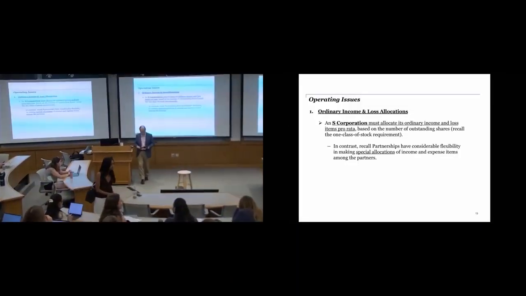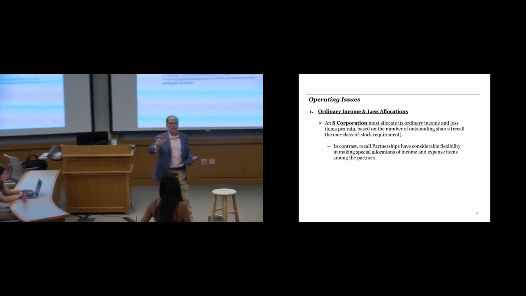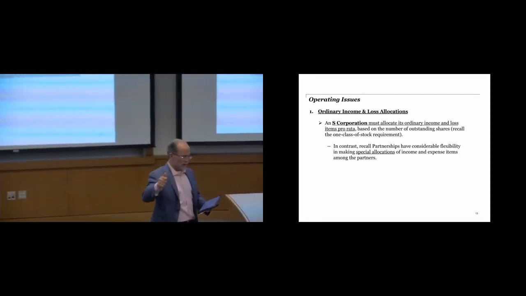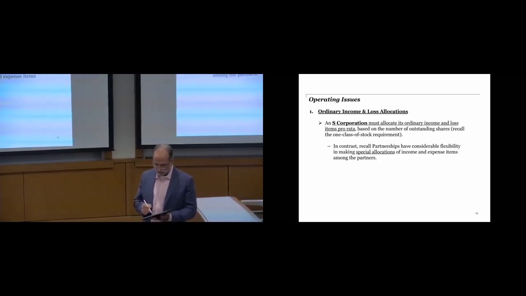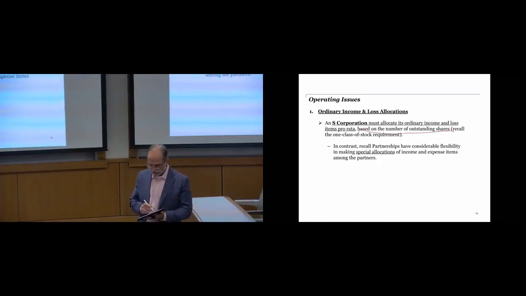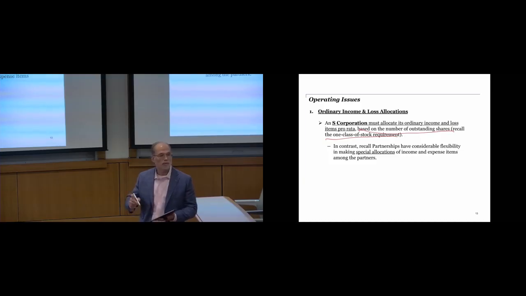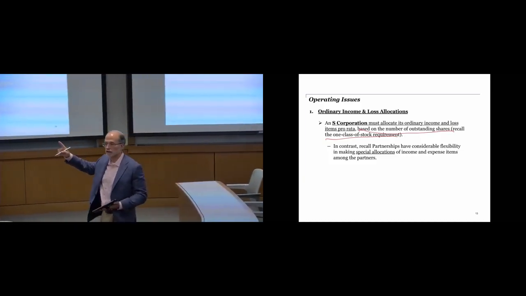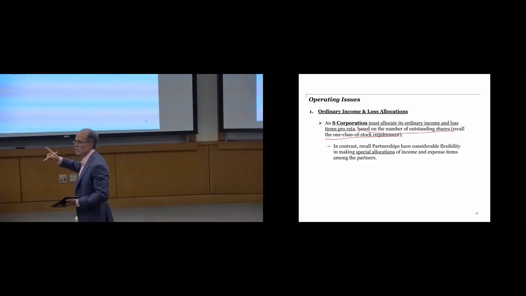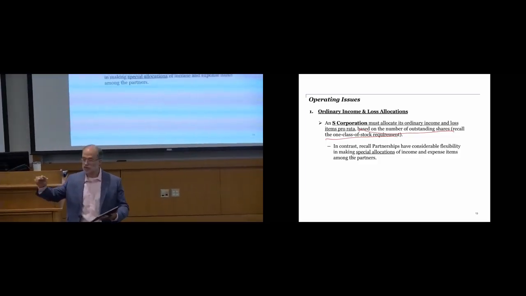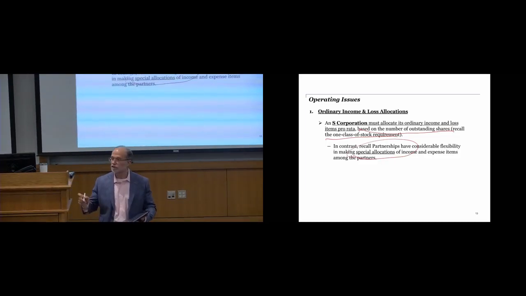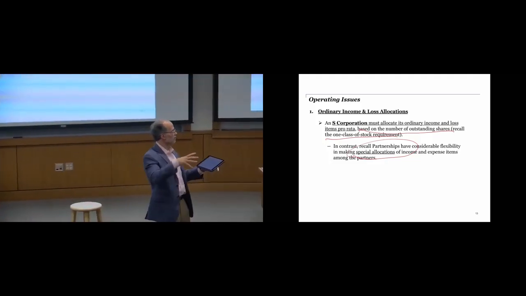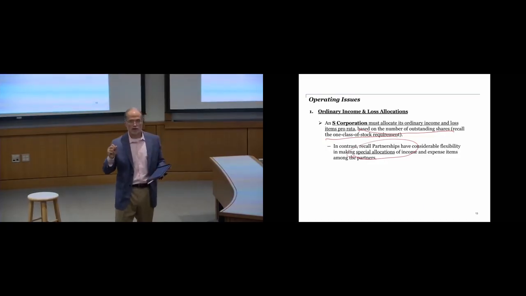Okay, so operating issues for S corporations. Ordinary income and loss allocations must be made based on the number of outstanding shares. Remember, there's only a one class of stock arrangement in S corporations, so we don't have the special allocations that we have in the partnership world. So much more regimented, but we have to take the results of the S corporation and send them out to the owners,